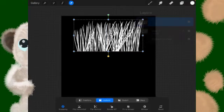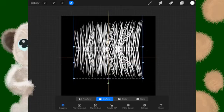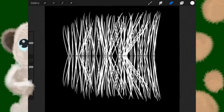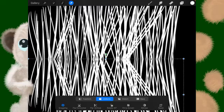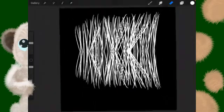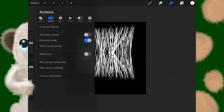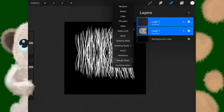I'm going to duplicate it, flip it vertical, and bring it down until it snaps to. And it still has this open line in the middle whenever it snaps to. So I'm just going to tap it up a little bit until all those meet. And that looks kind of wild and freaky. We'll merge this down,